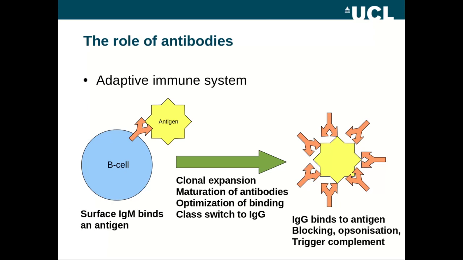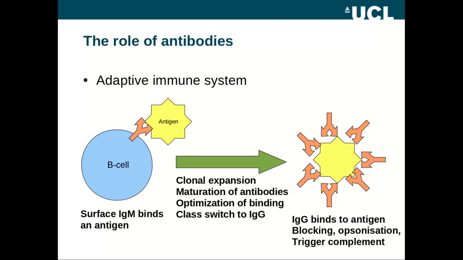In other words, the antibodies, or the B cells that are producing antibodies that bind effectively, will be expanded selectively compared with the ones that don't bind as well. So this process of maturation of the antibodies leads to optimization of the binding. And once the binding is sufficiently good, the B cells undergo a process known as class switching, which means that instead of producing these IgM and IgD antibodies on the cell surface, they release other classes of antibody, mostly IgG,